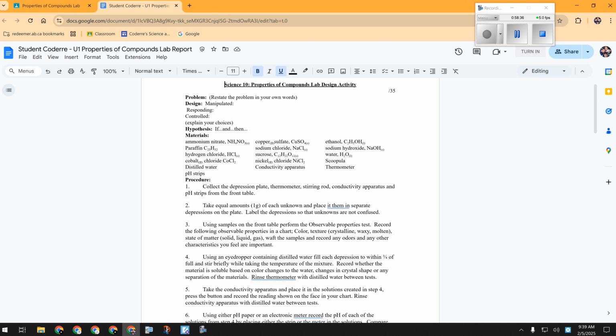Once you've done all the solubility tests, then you do the conductivity test. You just take the conductivity meter, stick it in the solution, and read the number on the face. It looks something like this. This is distilled water. It's going to read 1 or 2. That's all it reads. That's a low conductivity. Anything less than 4, we're going to say is basically molecular. So that's what that one looks like. But if I make it suddenly a solution with an ionic compound in it,